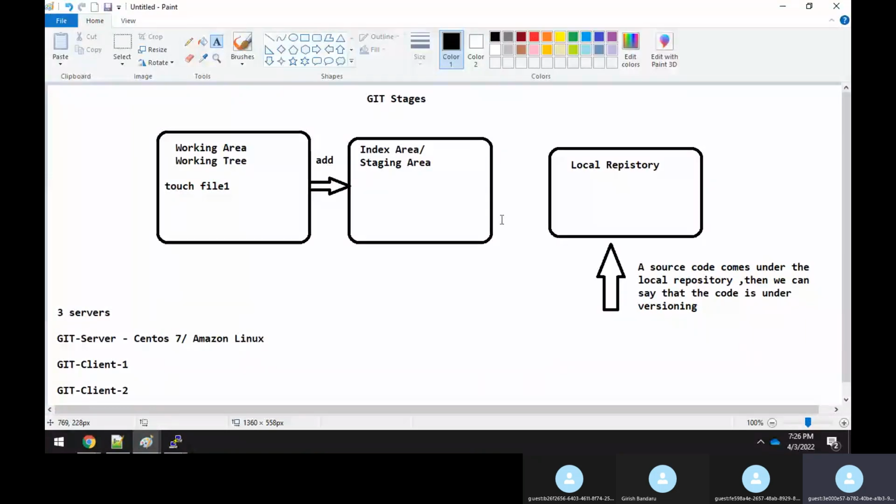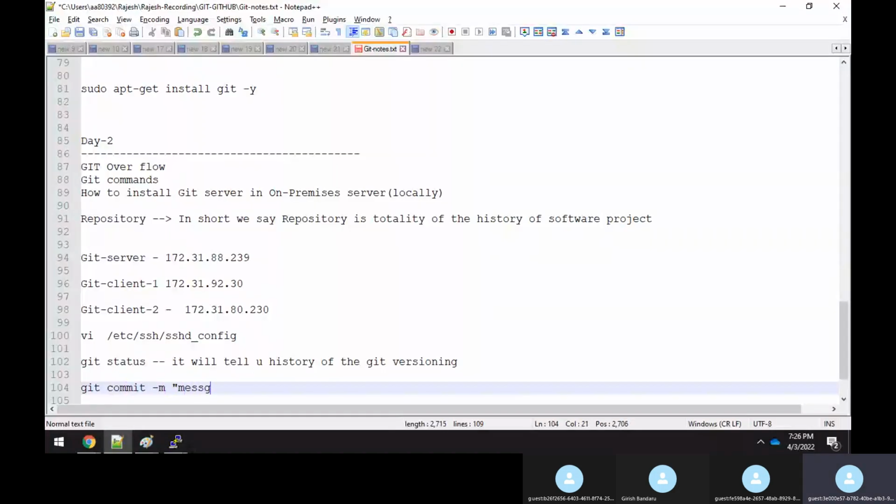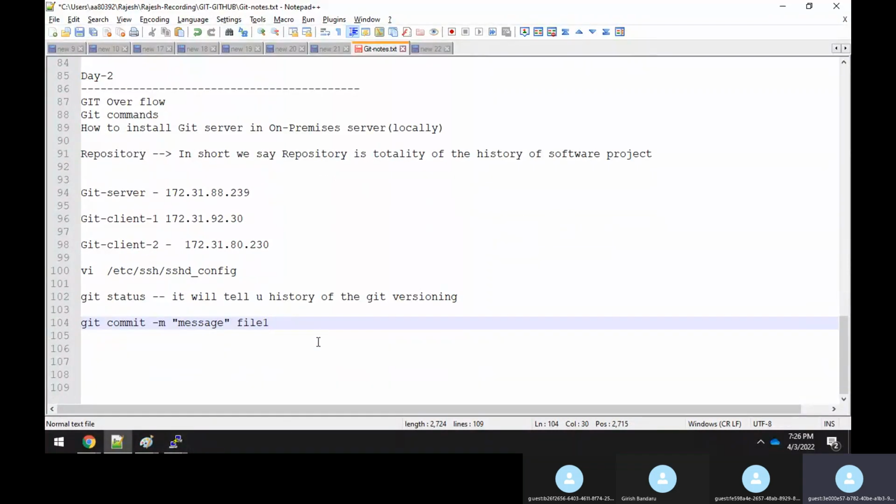So what is the command you have to use? You have to say git commit -m and specify the message, and finally the file name. This is the syntax. But before you do a git commit with -m, which is the message you want to pass, and finally the file name,